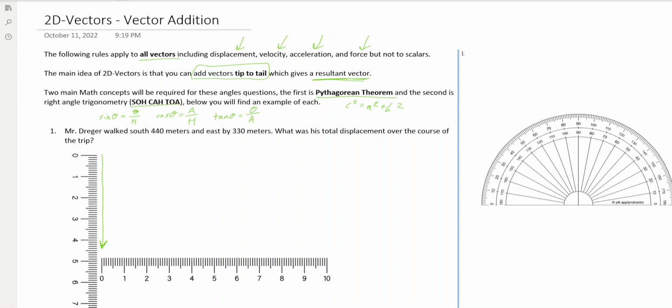This is trying to show you that you can measure and do this with a ruler and a protractor, and you'll get the same answer as if you did it with the math method. So you can do scale diagrams. That's the thing I'm talking about right now, scale diagrams. So south by 440 meters, that's what we just did. Now we're going east, which is in this direction, by 330 meters. So now we start at that same position. Okay, 330 meters, so we're going this way